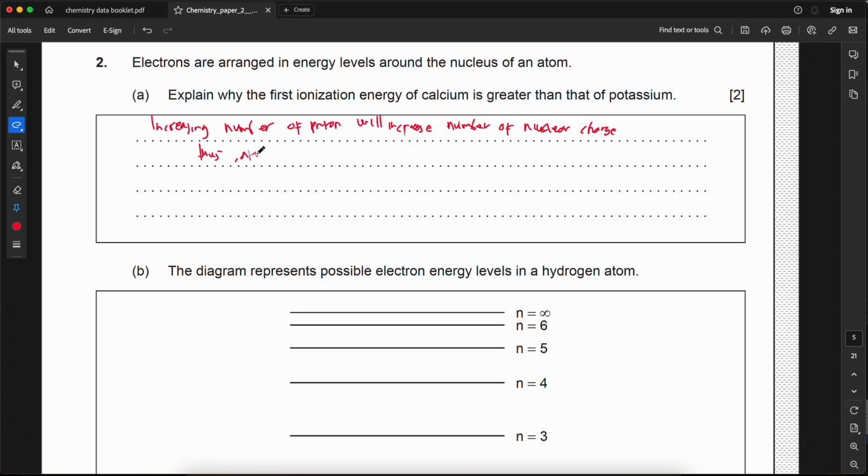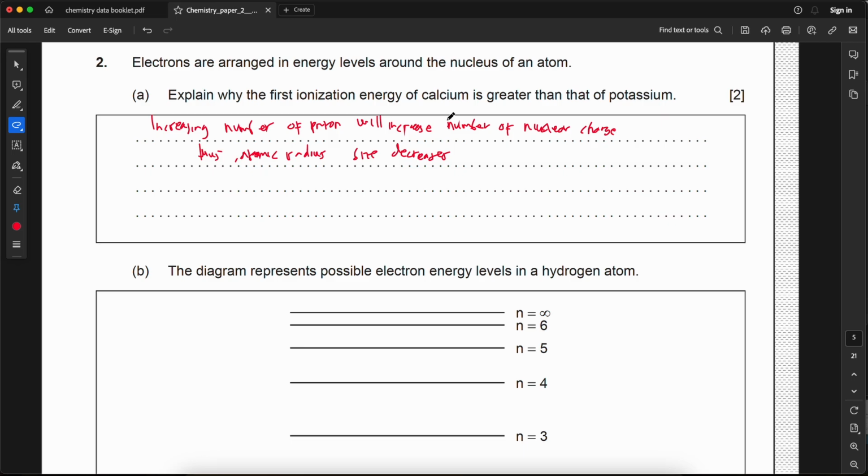Thus, the atomic radius size decreases. Okay, because calcium comes from group 2 and potassium comes from group 1, so the number of protons